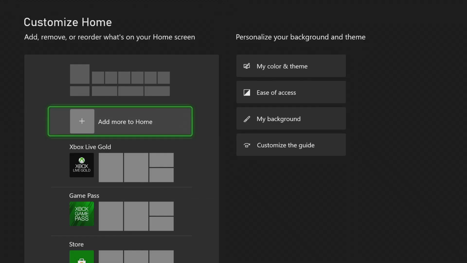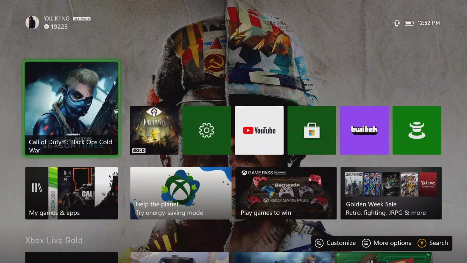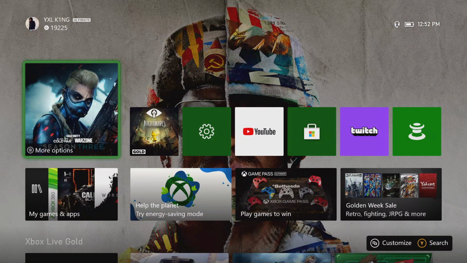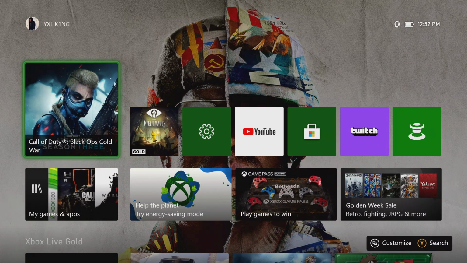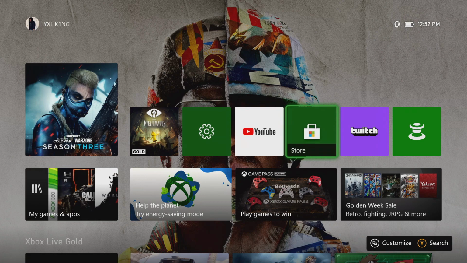And at the top, you see those up there. You can't change those. Those is like the recent situation. So if I go up, as you can see, it's the recent things I opened, and then it's my games and apps down there, and then it's just some advertisement along this side. You cannot alter these unless you change what you've recently opened. So that's the only way to change these. And then this one stays there. So that one stays there, to my games and apps. And then these three right here, there's advertisement that changes here and there whenever they feel like,